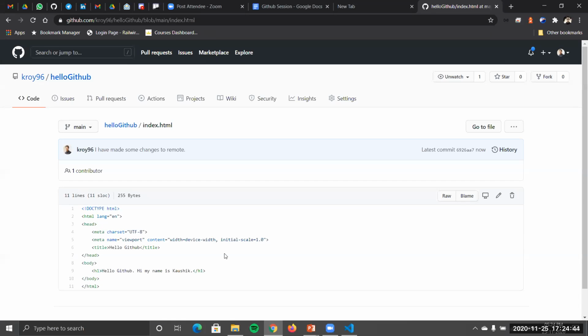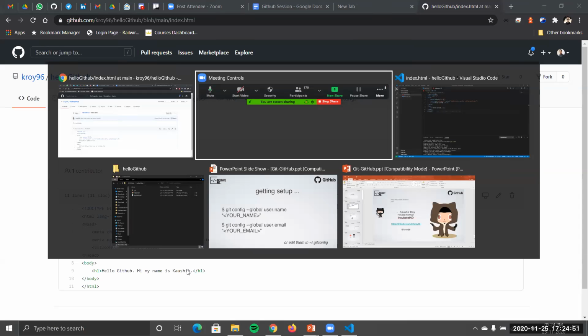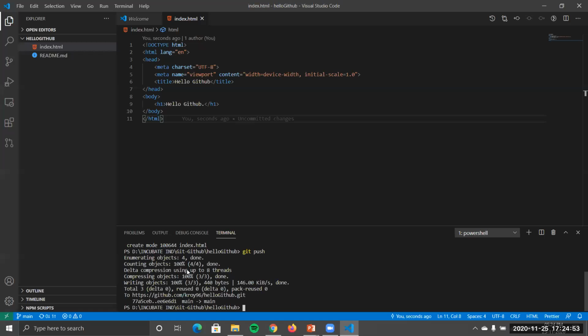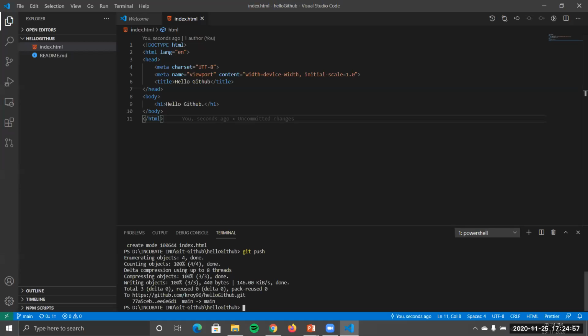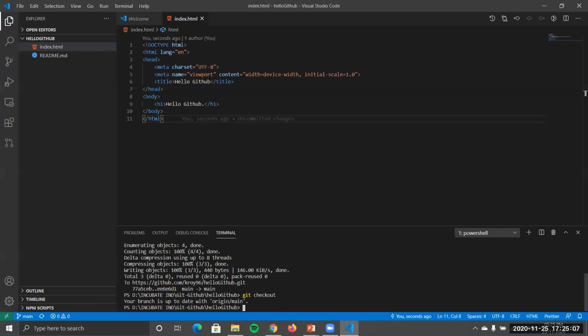Now, as you can see, you have created those changes. Now, let's head over to our local repository. Over here, we will check our status. We will check which branch we are currently on. So we are on origin main. Now we will simply git pull